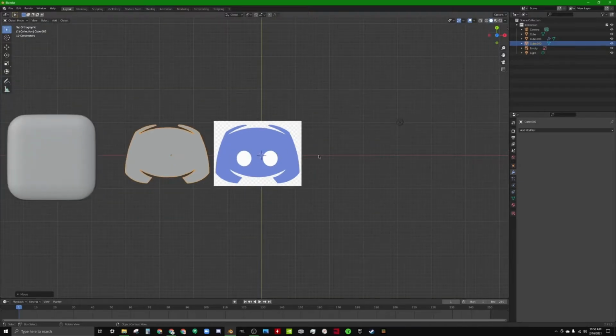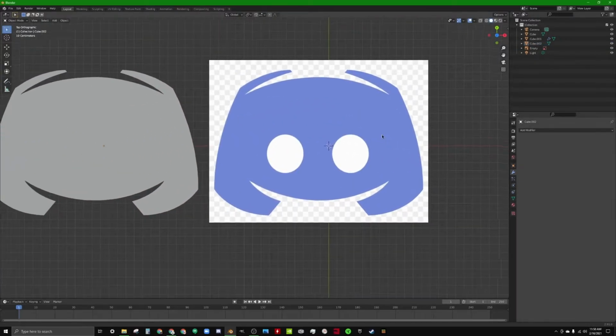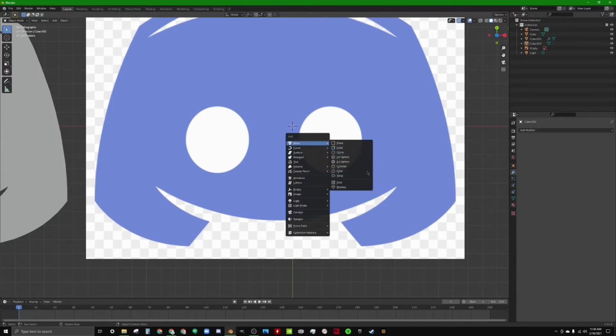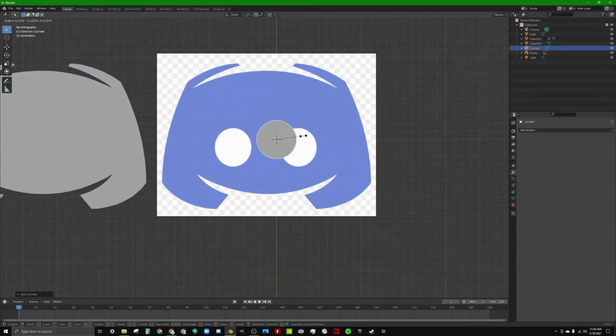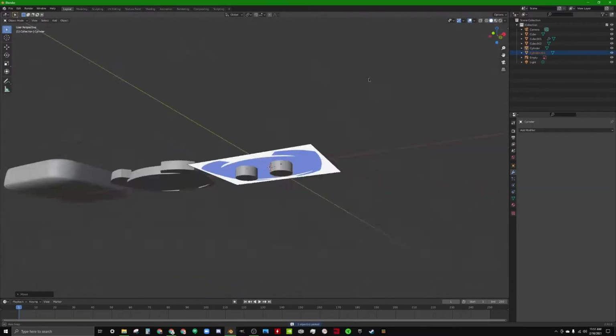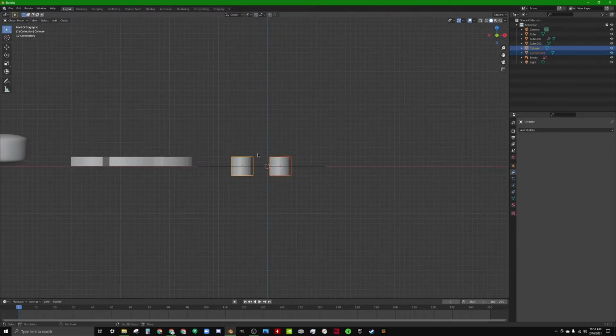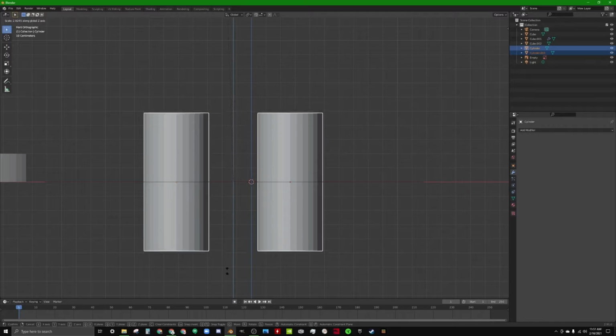We need to make the eyes, right? So what we're going to do is we're going to create cylinders, because the eyes are cylinders. I mean, you don't need to trace these, right? You can just make a cylinder. For simpler shapes, you don't have to trace them. So then we're just going to shape this perfectly, like that. That's great. Make 2 of them, and hit 1, and then just scale both of those up